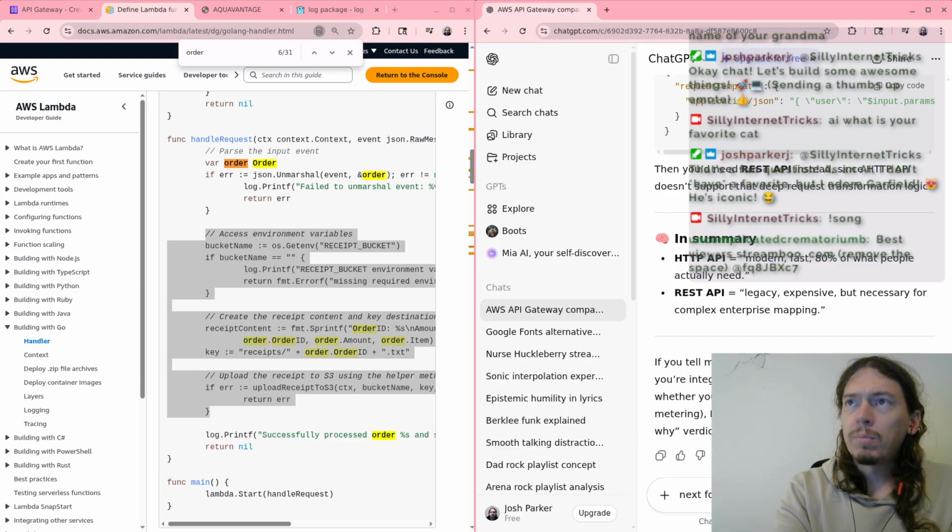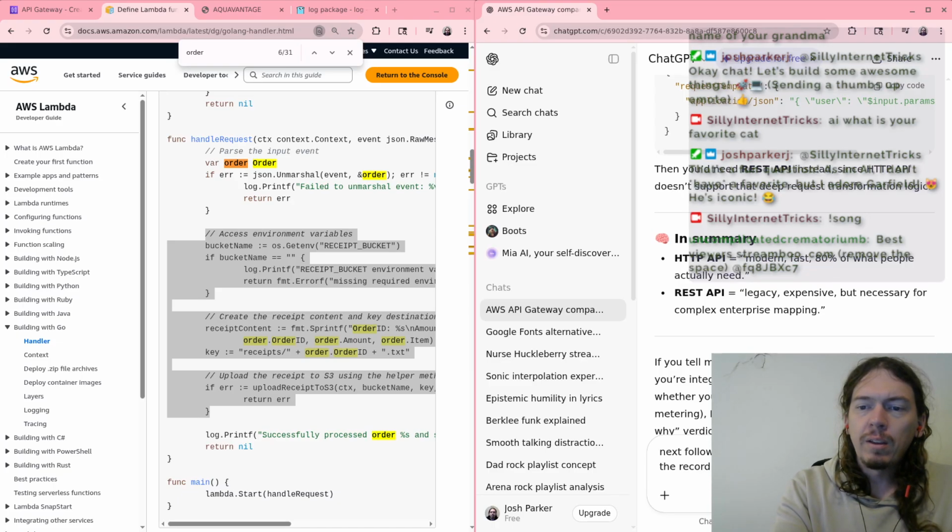In this example, they just put the record into S3. Is this better than putting it into Dynamo? In the following example, they just put the record into S3. Instead,